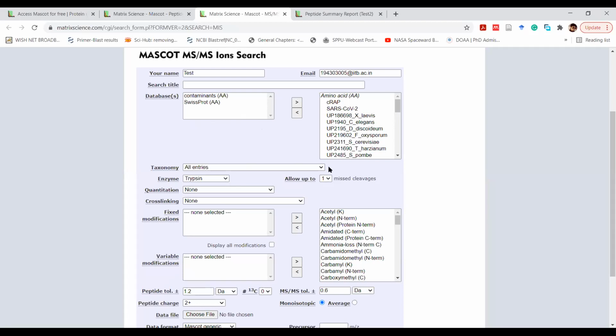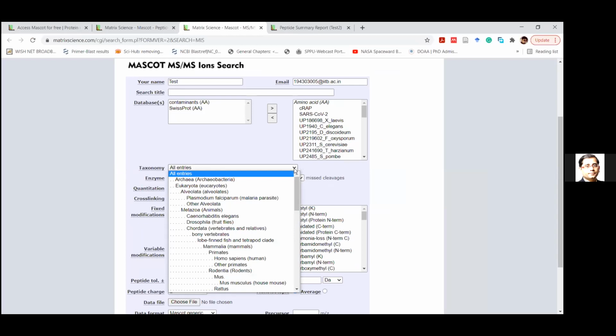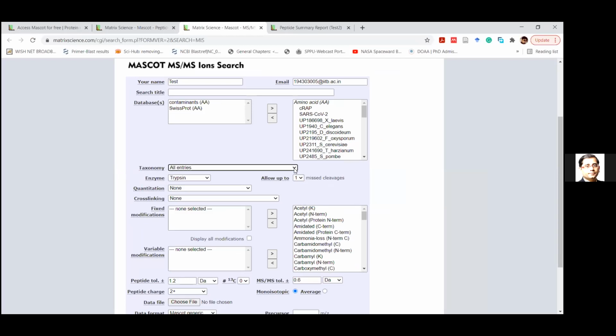But if you know that this is the specimen, that the protein you're trying to find is from a sample that comes from a particular category, if not a particular species. If you know that this is a bovine sample, you can directly go through the taxonomical categories and enter that this is a bovine sample. If not, maybe you know that this is just a mammal sample. That's all you can say. That's all you have been told. You can put that. Or if nothing has been told, you can simply say all entries. That's it. Nothing to worry about.